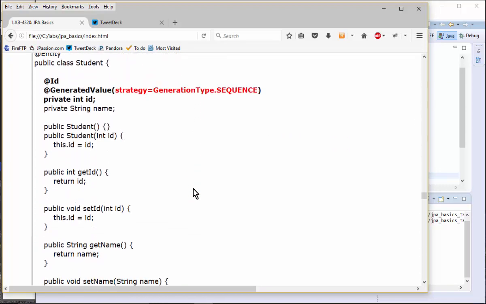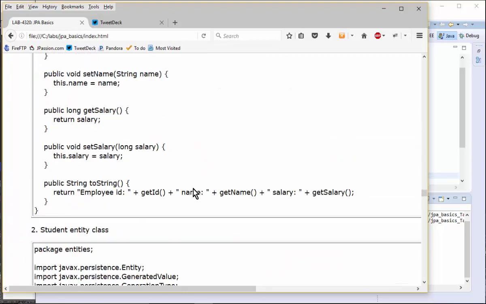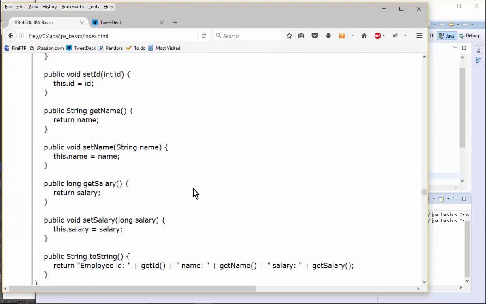I am going to give you maybe about 10 minutes to do exercise 1. And if you want to play around with it, for example, if you want to choose a different custom column name and different table name, feel free to do so. Okay, so I'll give you 10 minutes and